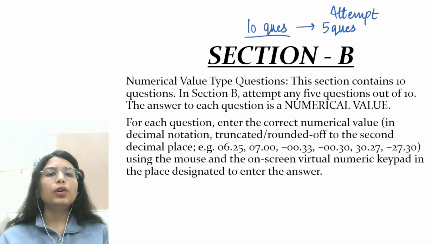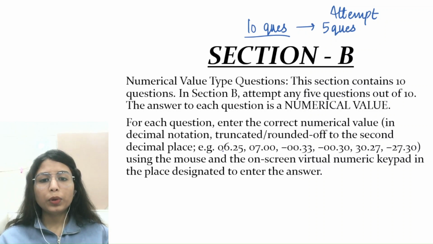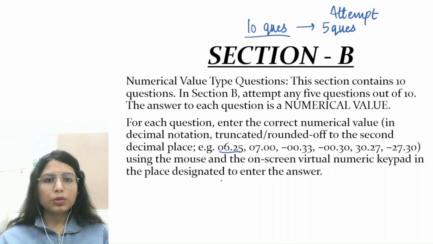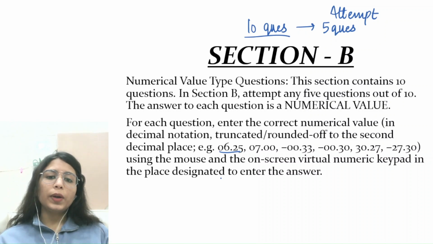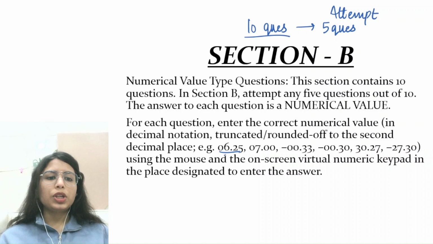Okay, so you just need to attempt all those 5 questions that you are sure about, and here you have to write your value in the numerical answer type value, right? So basically here you have to report it up till 2 decimals. So you have to round off your answer to 2 decimal points and then write that. There is a specific range. If your answer lies within that specific range, then you get full points, otherwise you get no point. So that's how this section has been designed.